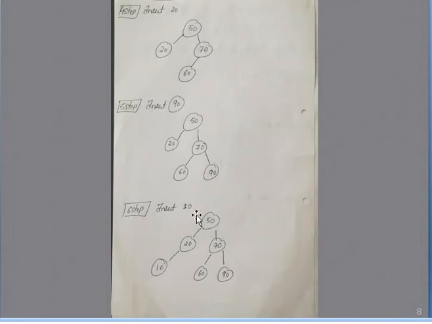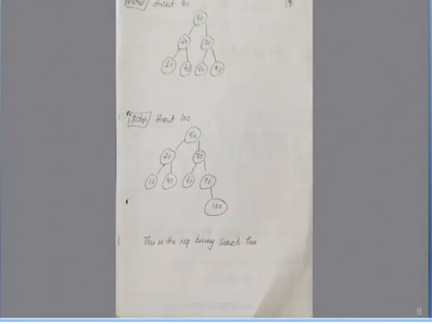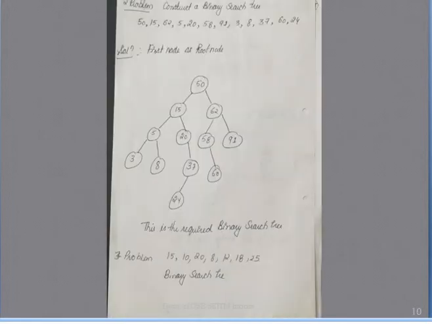In the same way we insert the new nodes 40 and 100. After completing the list, we get the required binary search tree for the given list. In the same way we can construct the binary search tree for the following list also.